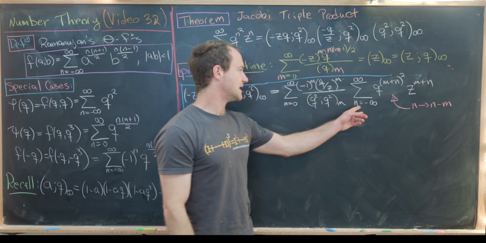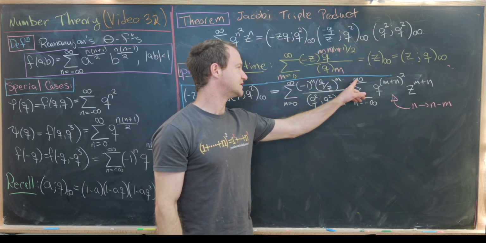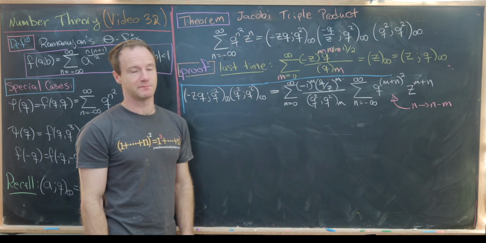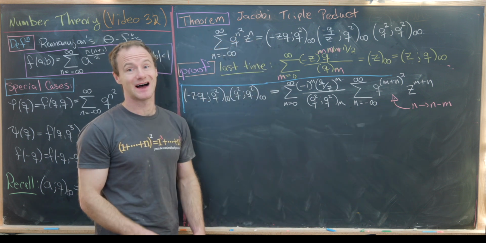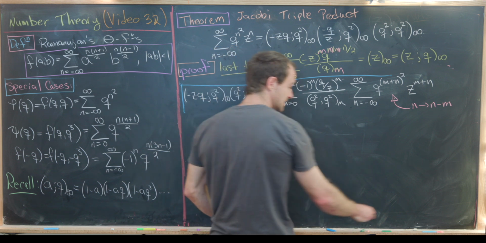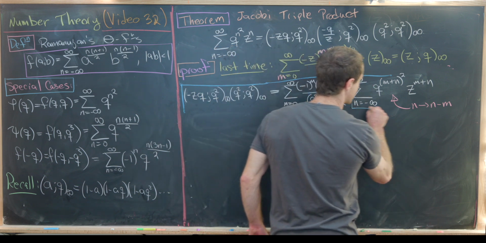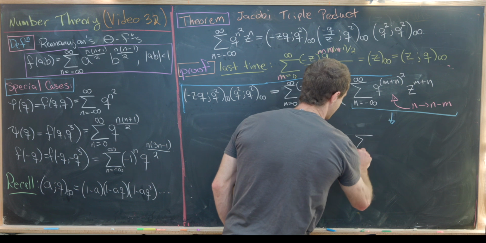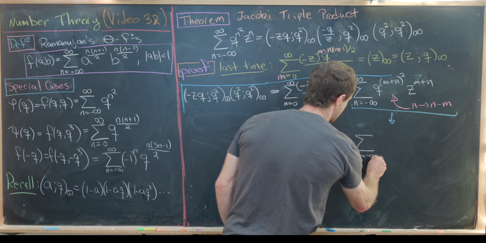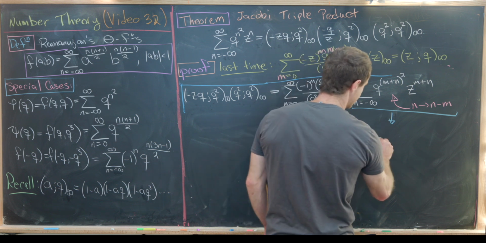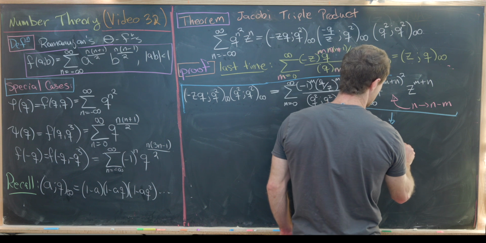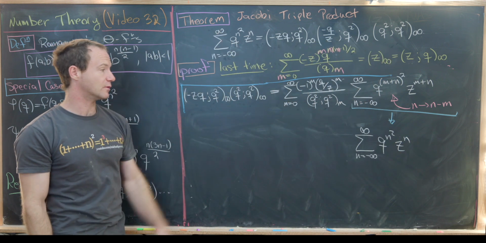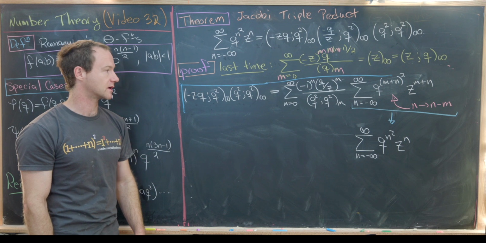But if n goes from minus infinity to infinity, then that means n minus m also goes from minus infinity to infinity. So that's not really going to change anything. So that's going to allow us to bring this thing down, and it will look like this. We'll have the sum as n goes from minus infinity to infinity of q to the n squared z to the n, which is great because that's exactly what we want on the left-hand side of our